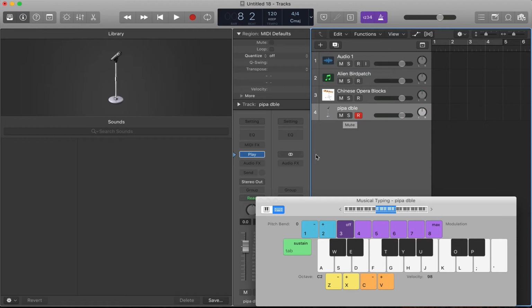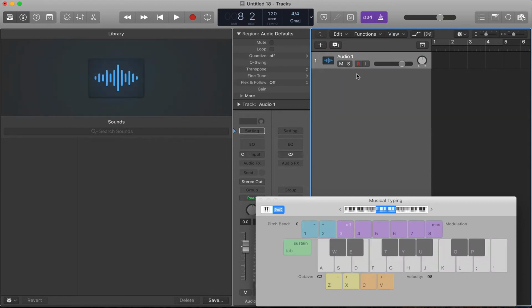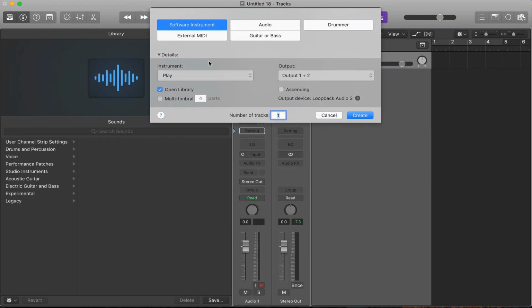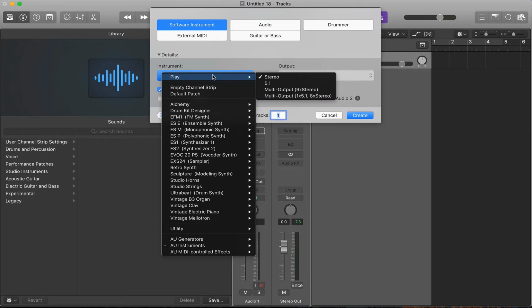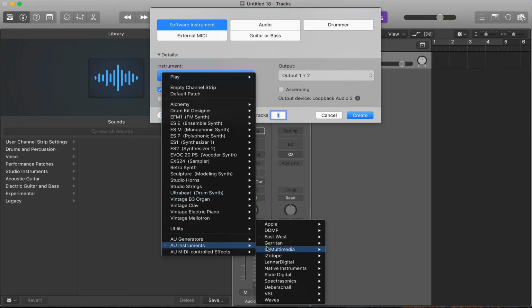Well, I shall show you what you do. Let's start from scratch. You create a new software instrument, and you can do this on audio tracks as well, but I'm just doing this for software instruments because most of you guys are writers and producers, and this is where it can save you time. So you pick the instrument you want, or pick the library, like I started with,